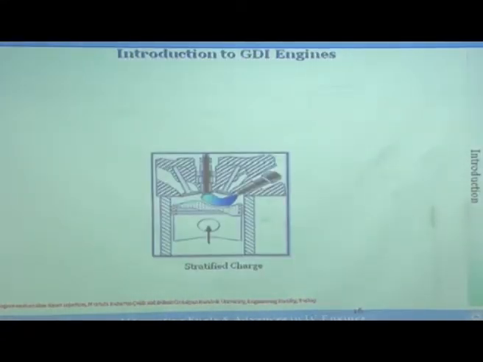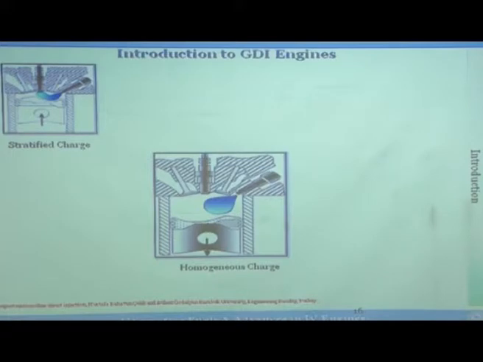So, you see, one is the stratified charge. Stratified charge is when the piston is going up and you are injecting the fuel, and because of the tumble motion of the air, fuel is getting concentrated very close to the spark plug. This is stratified charge. Now, when you want homogeneous charge, as I mentioned to you, the piston is going down in the intake stroke, and then you are doing the injection, the piston will go down, then the piston will start coming up. There is a lot of tumble etc. inside the combustion chamber, and that will lead to homogeneous mixture formation. So, this is homogeneous charge. Okay.